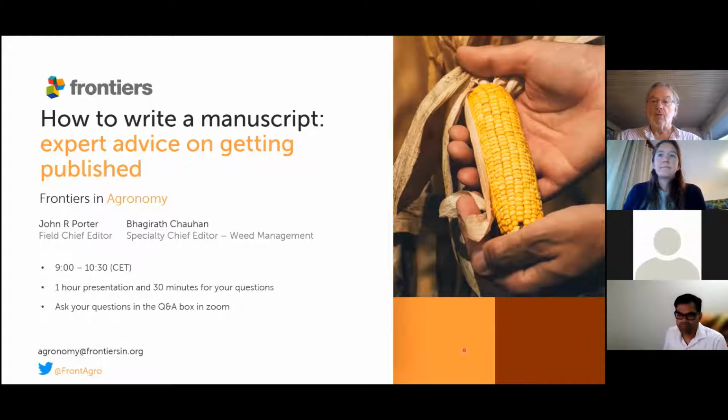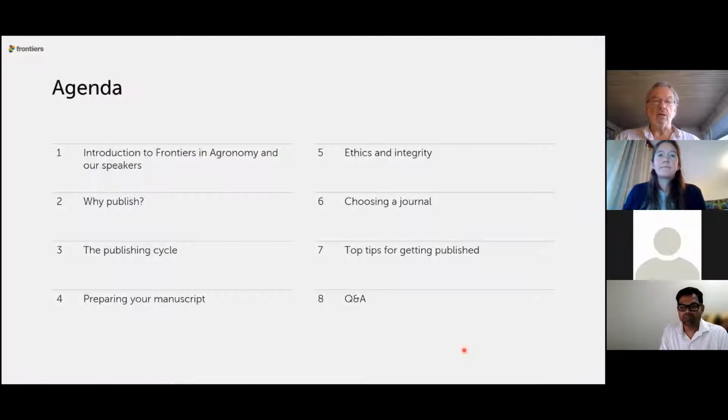So if we could move to the agenda. Well, first of all, I should perhaps introduce our two speakers. My name is, as I said, John Porter, and I'm the chief editor of Frontiers in Agronomy. My background has been in plant population biology. This is where I started, and then I got into simulation modeling of crops. And from 1994, I was a member of the Intergovernmental Panel on Climate Change. And probably the most important thing I did for IPCC was to chair the food security chapter in the 5th